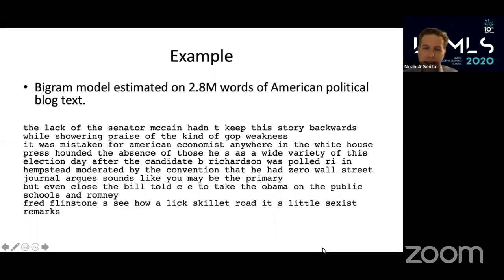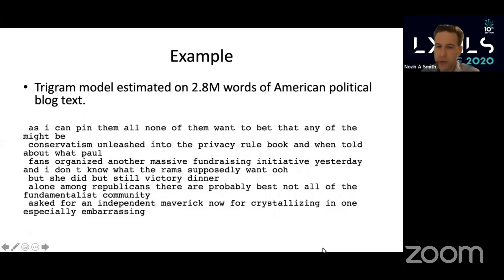It doesn't make sense, but locally it starts to get a little better. As we move to the trigram model, now we're conditioning on two words of history, M equals 2. It starts to get almost realistic. "So as I can pin them all, none of them want to bet that any of them might be." Okay, not great. "Conservatism unleashed into the privacy rulebook, and when told about what Paul." Not grammatical, but starting to